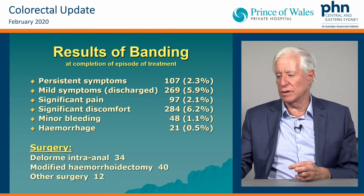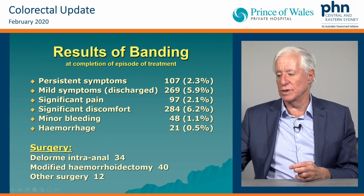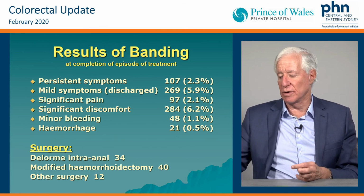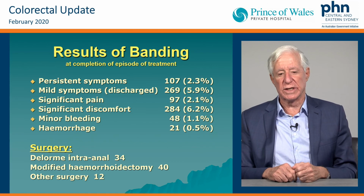The results, pretty good. They're the sort of minor symptoms that remain. Significant pain, rare as rare now. This was in our first 4,000. We're better at it now. It's very rare to get pain. Hemorrhage, there you are, 0.5%, close enough. And 93% of our patients were dealt with,